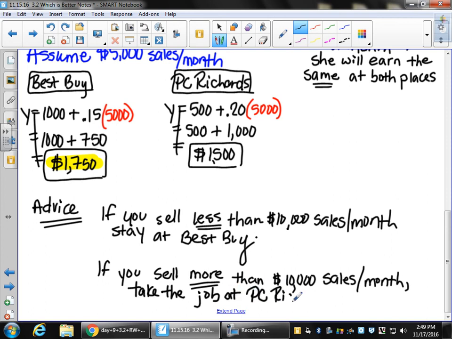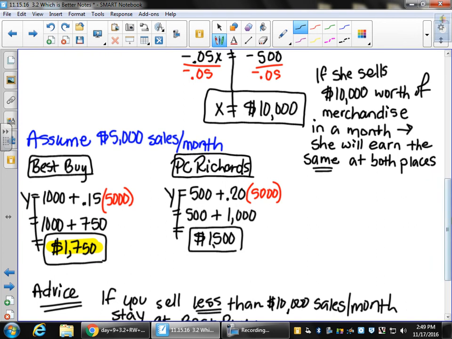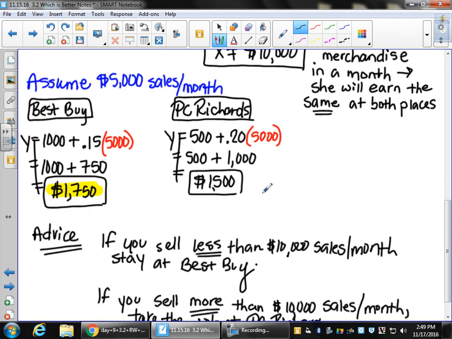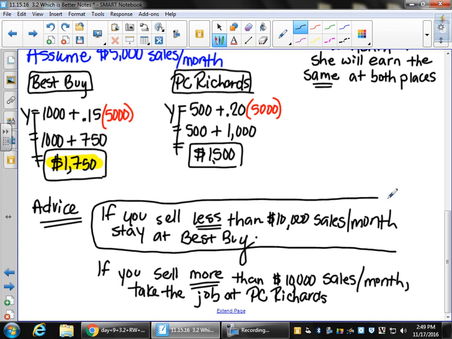This result that we're writing right now would have come out immediately. So let's say we picked something bigger than 10,000, maybe 20,000, then PC Richards would have come out as greater than Best Buy. When you're doing this on your own, I don't need you to give me both. So based on our work, I would expect to just see this as the advice. But for the purpose of the notes, I wanted us to discuss what would have happened